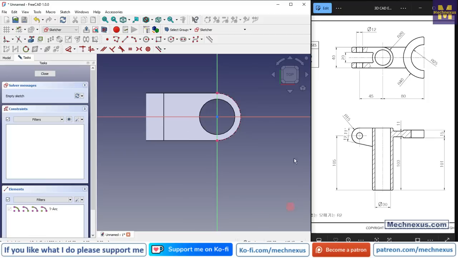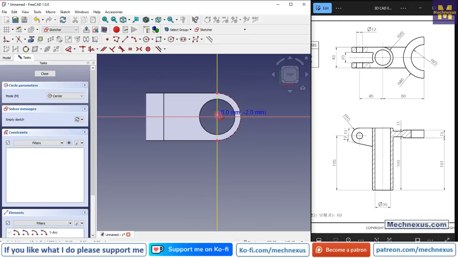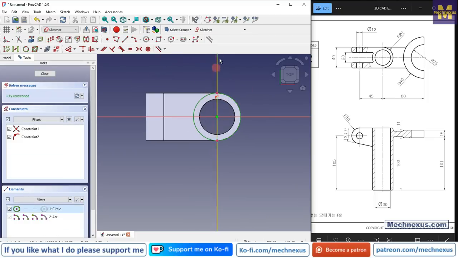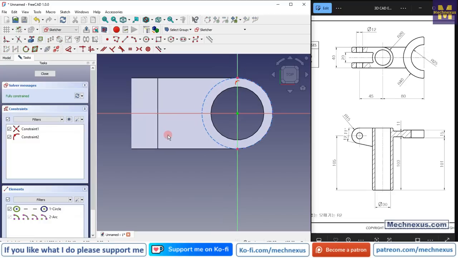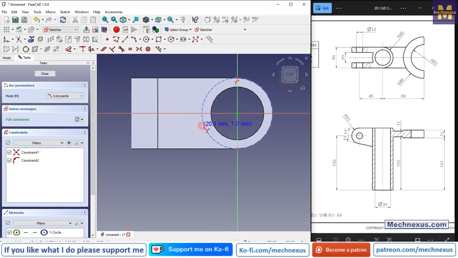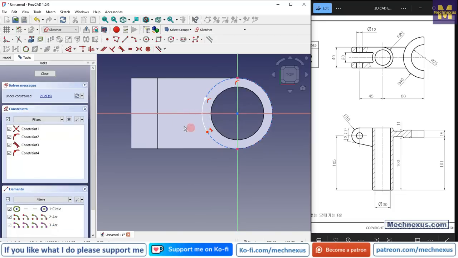and we will create a circle, and we will make it construction, and now we will create a 3-point arc. Select a 3-point arc, and here I will select a polyline tool and close this profile,